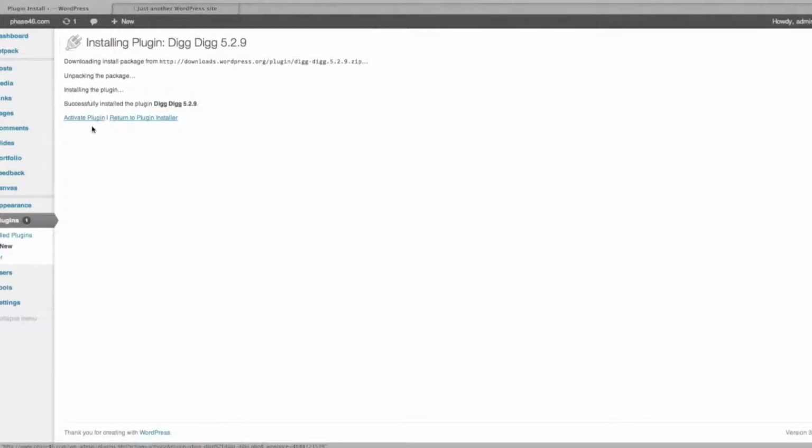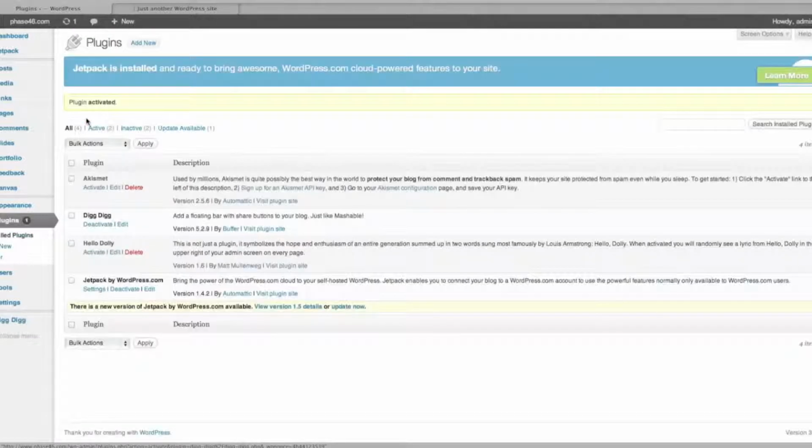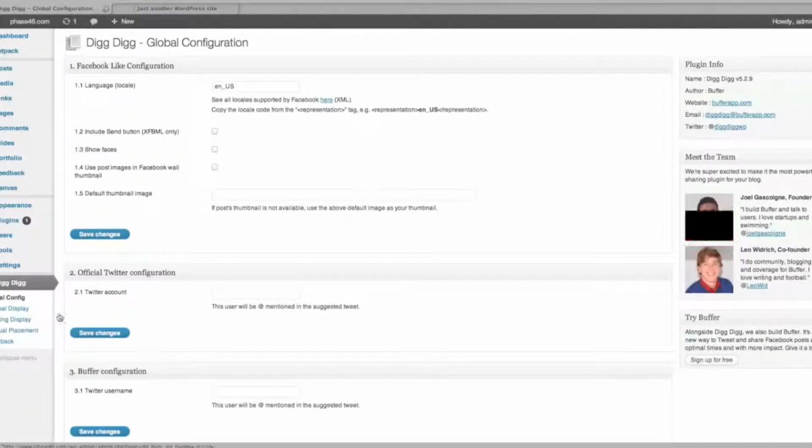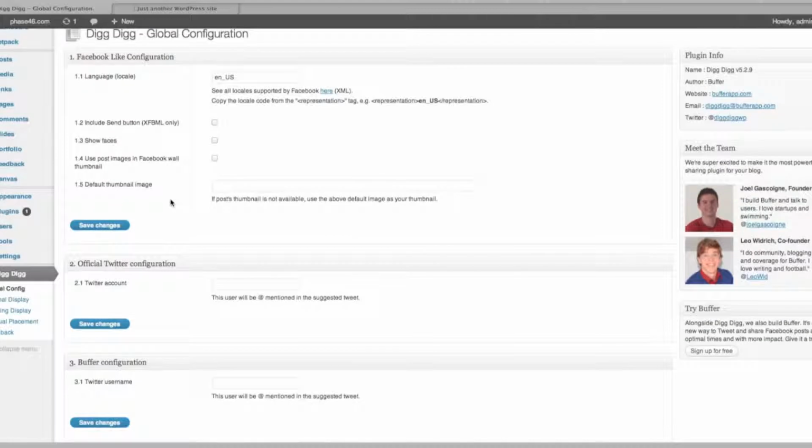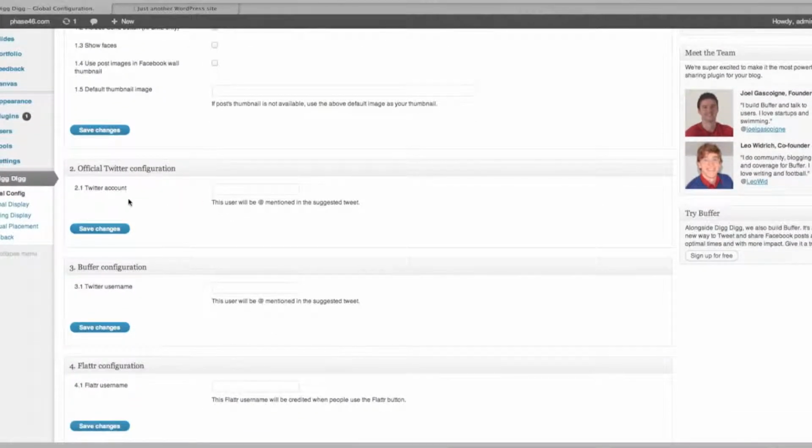So it's installed. I can then activate the plugin, ready to use. And I can see it on my list here. And I can also see now an extra option down here which is called Dig, which will allow me to configure the plugin. So I'm just going to make sure that the settings are okay, and I can change whatever I want. So I can add my Twitter account in there, Twitter username,